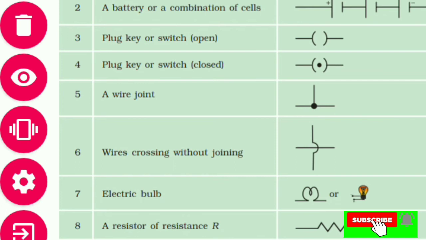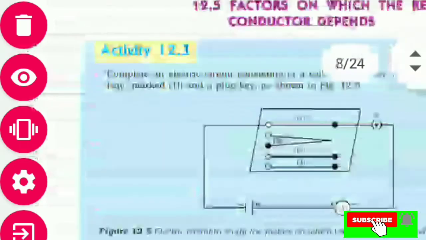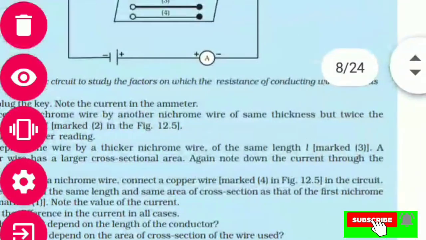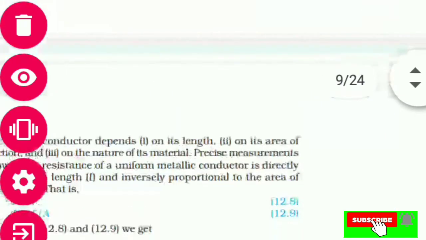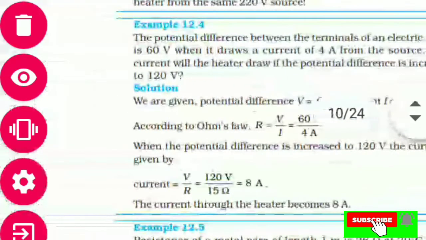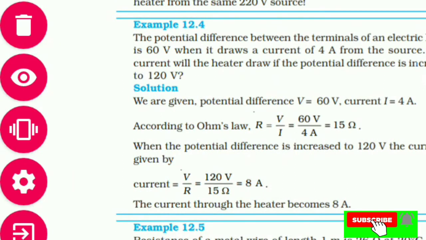So Ohm's law, what is Ohm's law? In electricity, what are the factors? Resistance is equal to rho L by A, where rho is resistivity. Resistance is directly proportional to L and inversely proportional to area of cross section. All these will be studied by solving equations. Ohm's law is very common: V = IR, where V is voltage, I is current, R is resistance.